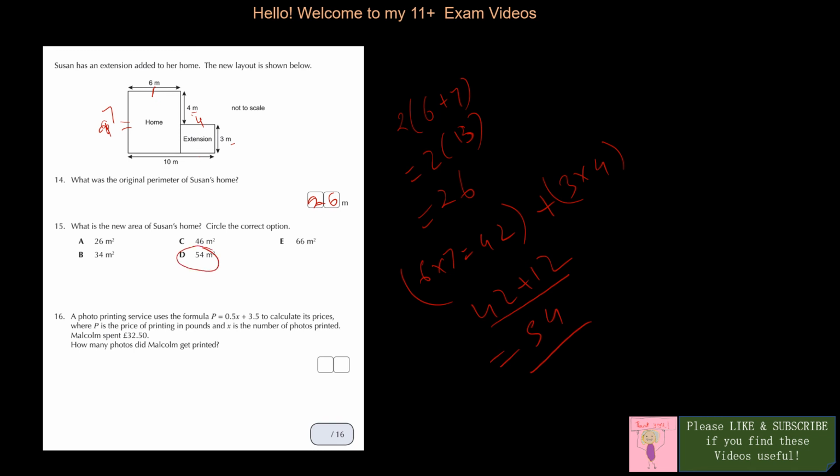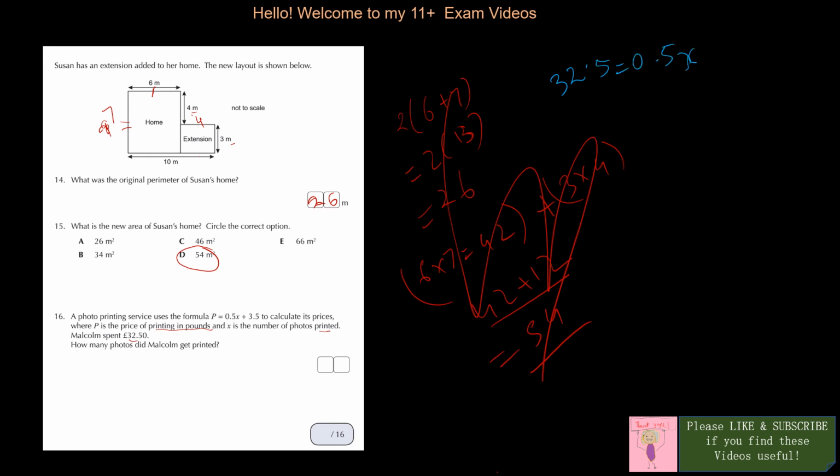Then I have this: a new photo printing service uses the formula P equals 0.5x plus 3.5 to calculate its prices, where P is the price of printing in pounds and x is the number of photos printed. Malcolm spent 32.5. How many photos did Malcolm get printed? So P is the price, so I have to put 32.5 equals